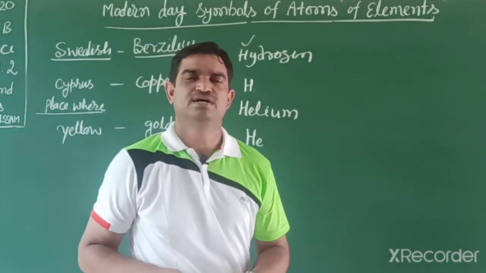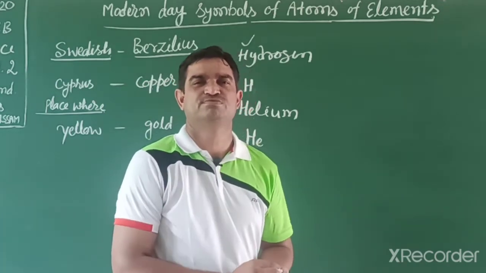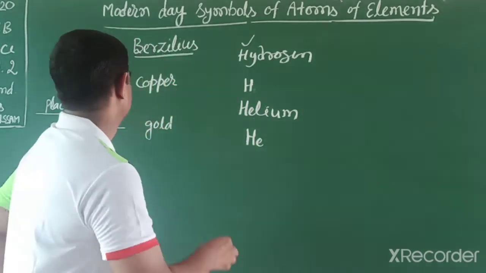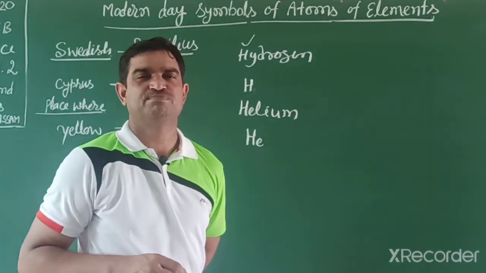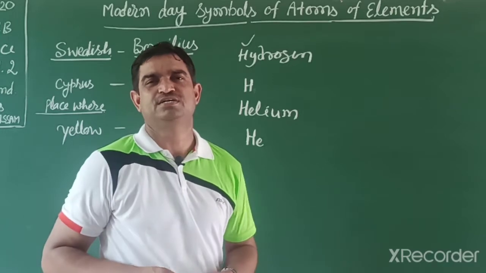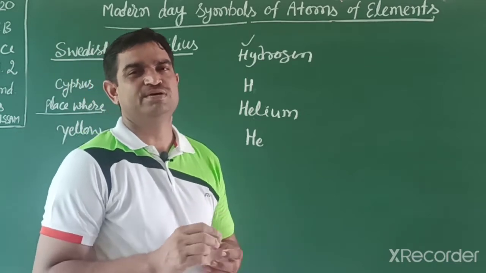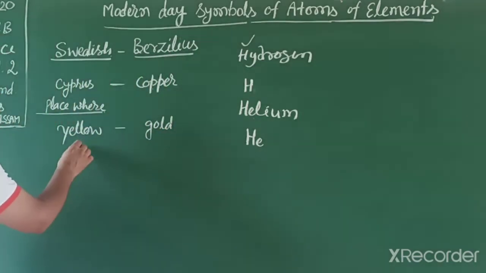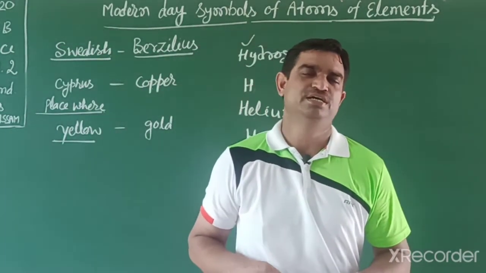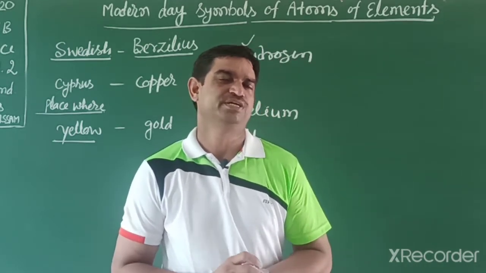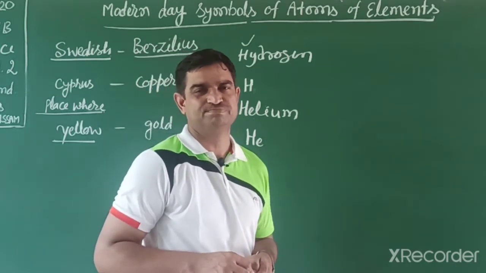In the beginning, element symbols were given from the place where they were found. For example, copper's name was given from Cyprus, because at first it was found in Cyprus. And other elements were named for a specific color. For example, gold was given the name from the English word yellow. Gold means yellow color, so they gave the name by color. Some elements' names were given from Latin, Greek or German words, because they were discovered in that place with that name.